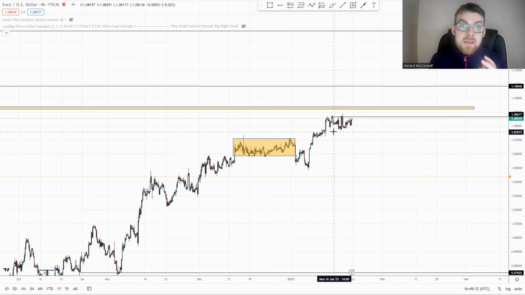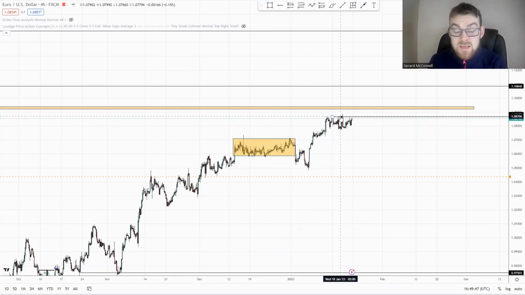Price action is the evolution of markets, and it's the continuous constant battle between the buying order flow and the selling order flow in the markets. If there's more buying order flow, obviously the trend is going to go higher. If we see that evaporation in buying orders, then you're going to start to see the accumulation, kind of like what we're seeing here at the minute, a bit of a pause, a bit of respite.